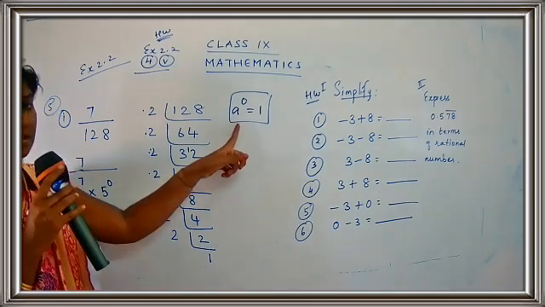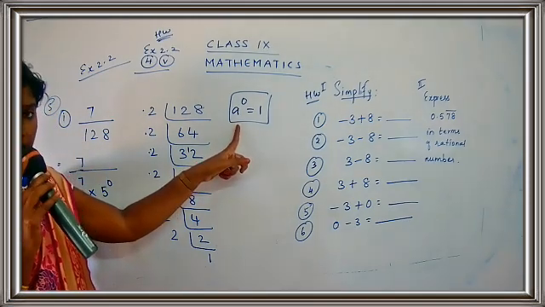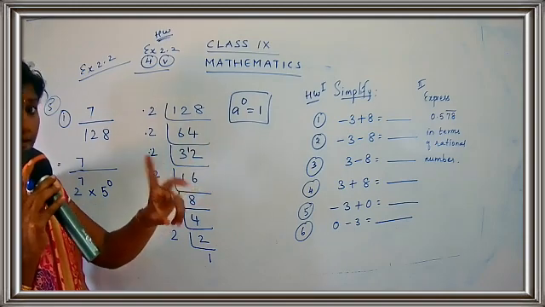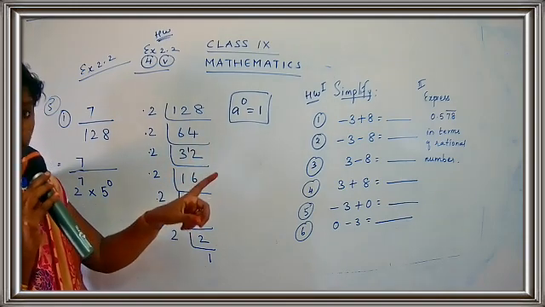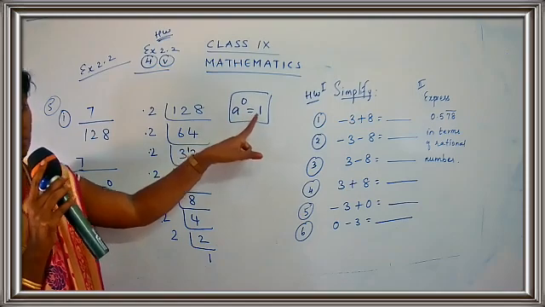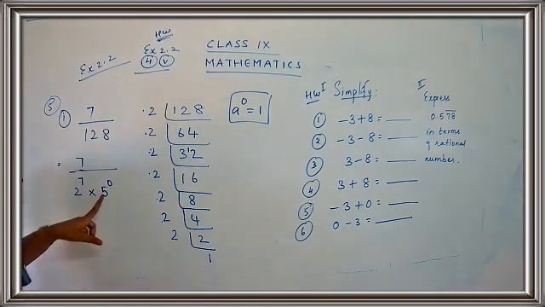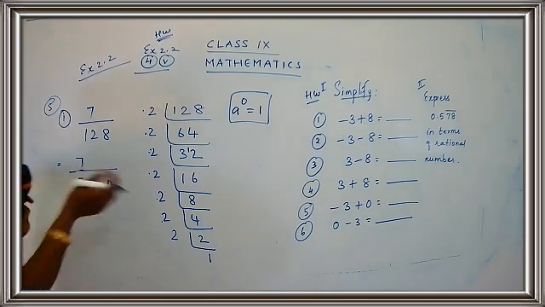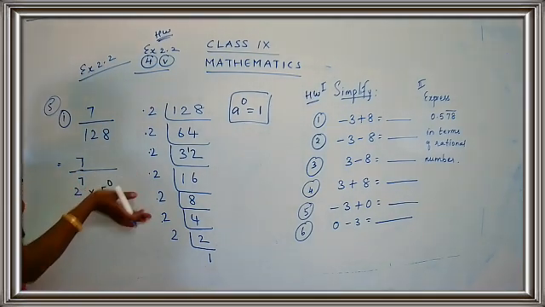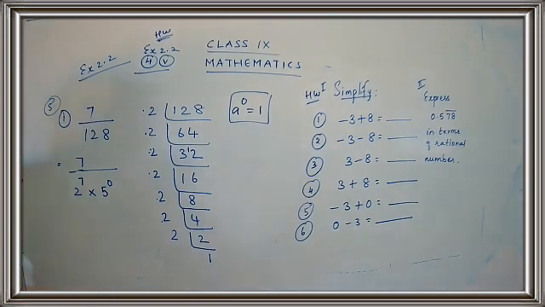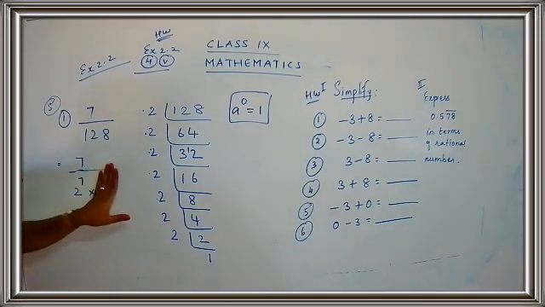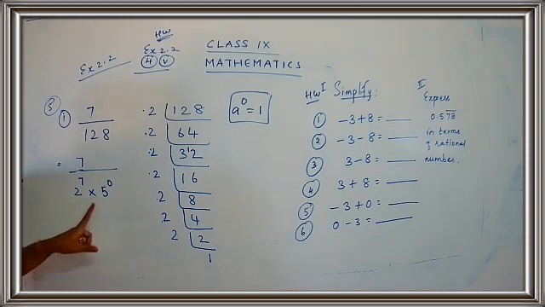Already we have used this in our first chapter, finding the number of subsets and number of proper subsets. So a raised to 0 is 1. Anything raised to 0 gives you 1. Keep this in your mind. So now here 5 raised to 0 means 1. That means this number has no effect. The actual answer is 2 raised to 7, and the extra thing we are adding here is 5 raised to 0. Now you may have a confusion: why are we adding 5 raised to 0 here?